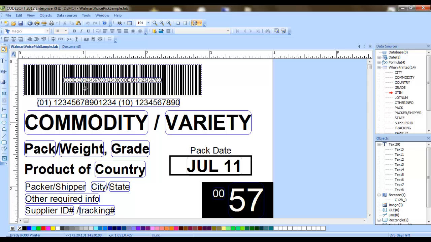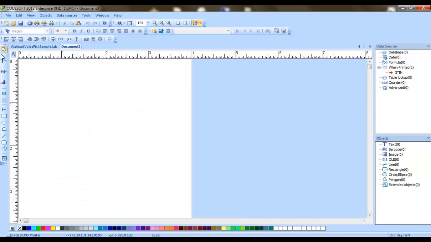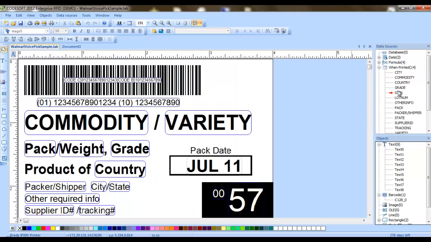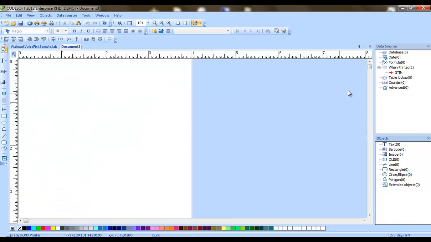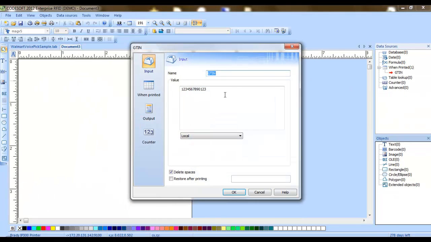So, oh, is that right? Yeah. Here, tell you what, we'll just copy the value from this label so we know we're accurate. All right. So we've got a GTIN number,